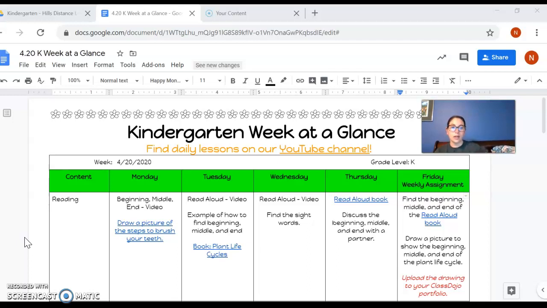So we're still talking about the earth, and something important to know is how plants live and how they grow. And if we can know how they live, then we can plant them and keep them alive for longer. So I hope that makes sense, and I will see